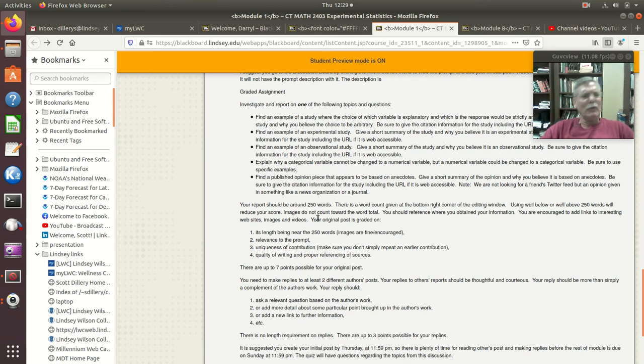If you have 280, that's probably fine. As far as the word count, if you have under 200, no, not enough. If you have over 300, definitely too many. I don't want you to put that much in, partly because the sooner you do this, the easier it is to be original, because I don't want you just rehashing what somebody else has done.